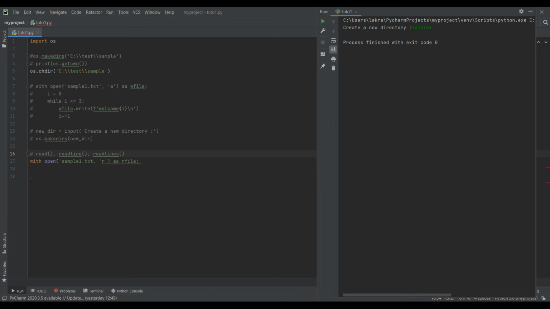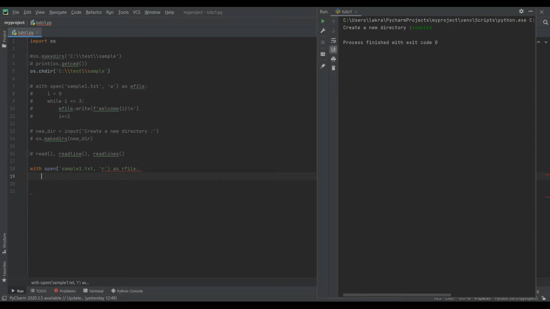So let's see what it is going to do. So now over here, first of all I will use the read function to see what it does. All right. So it will be r file,